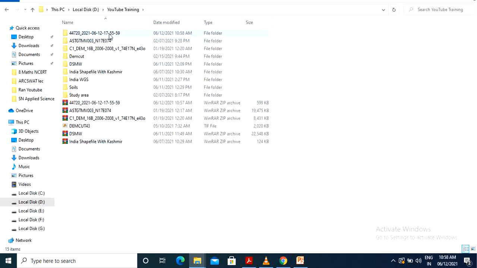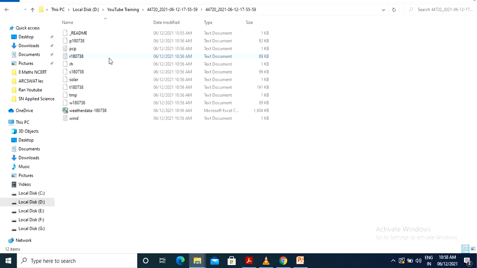Okay, now in this folder we have this weather data. See here, all 5 parameters are available. PCP, that is precipitation, RH relative humidity, solar radiation, TMP means temperature, and wind. So this P and this number is nothing but the number of rain gauge for precipitation, and similarly for all these parameters.